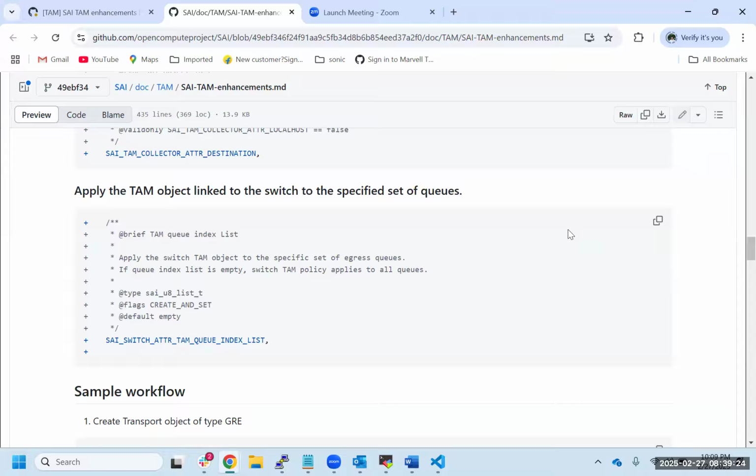So basically, my question is, how do you make it more flexible? Right, so what you're suggesting is that this index list, whatever you specify, is applicable to all the ports, correct? If I want to have a queue index list which is per port, how can I achieve that? That's the question.